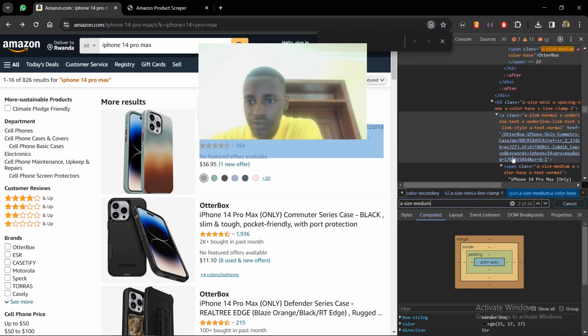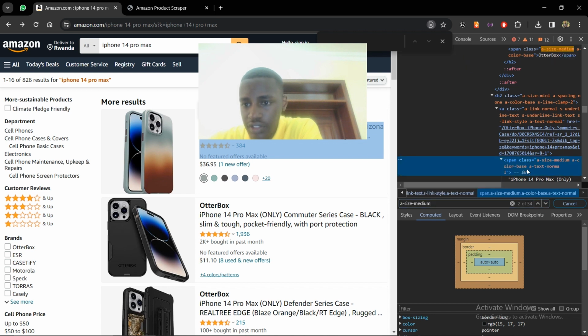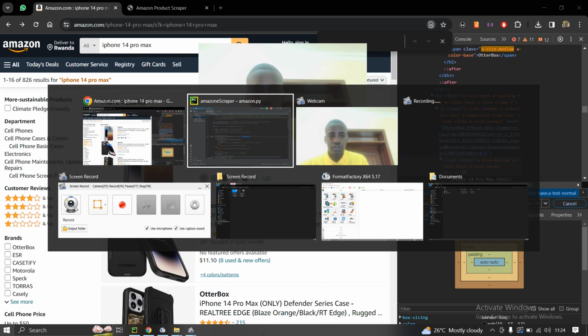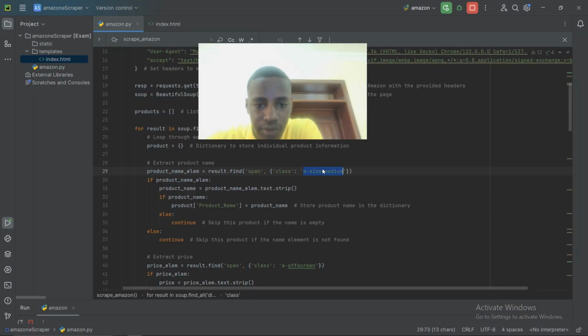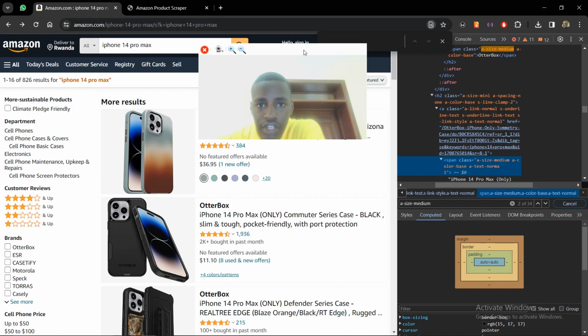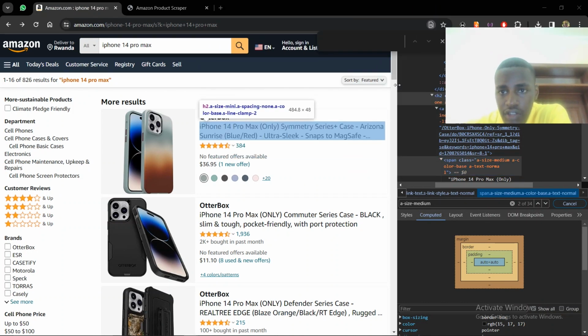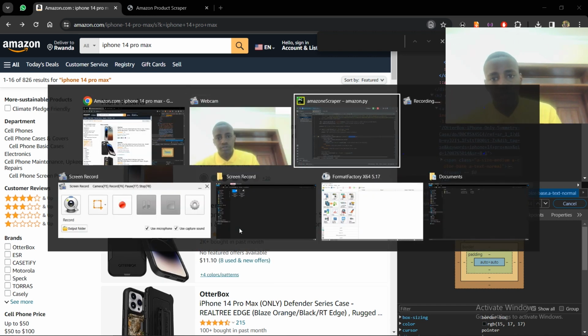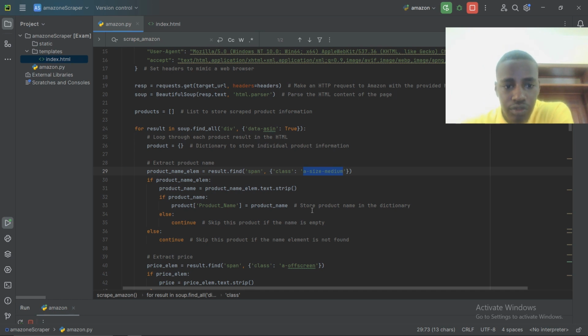Click enter. Then as you can see here, there is our span. This means simply these codes are retrieving everything that is contained in our span, which will contain, as you can see if we highlight it, everything from product name to rating and price, which are the elements of our scraping, which are all we want to retrieve. So we get the product name from this